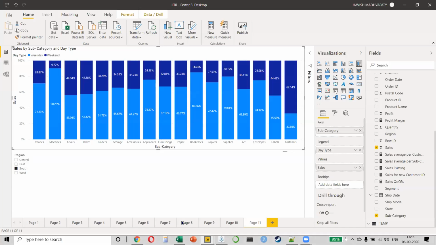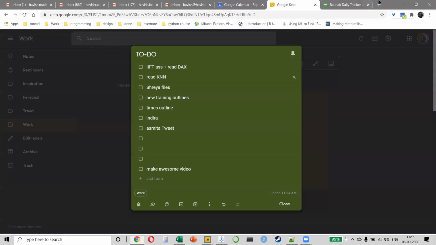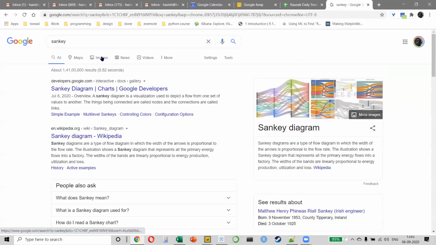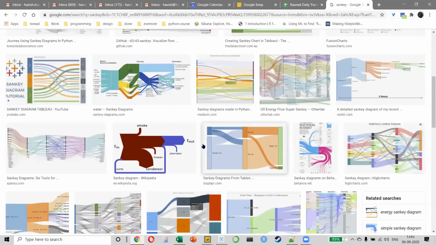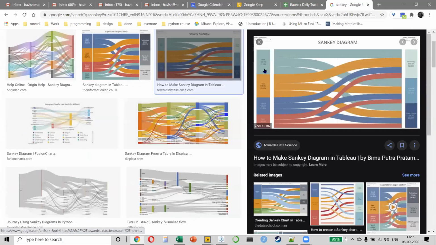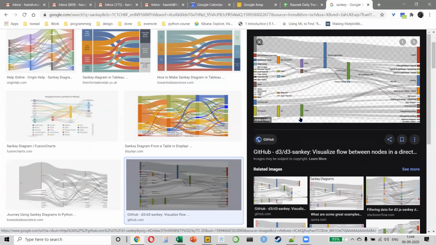So let's say I want to create a Sankey. Let me first show you what a Sankey looks like. A Sankey is a special type of chart that looks like this. I'm sure you must have all seen it earlier, maybe in a report, maybe in a magazine, somewhere. These look very nice. What do they show? They show the movement from the left to the right side, and the thickness of this arc is representing the weight, like this.